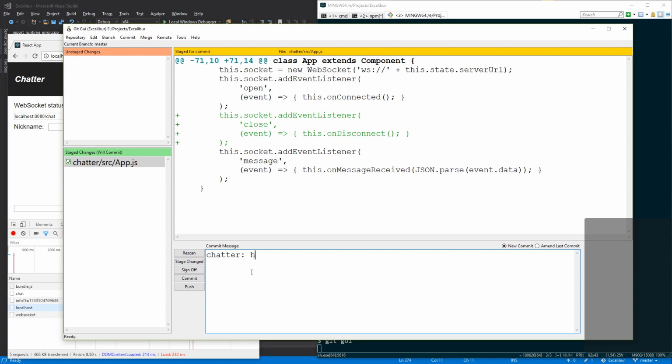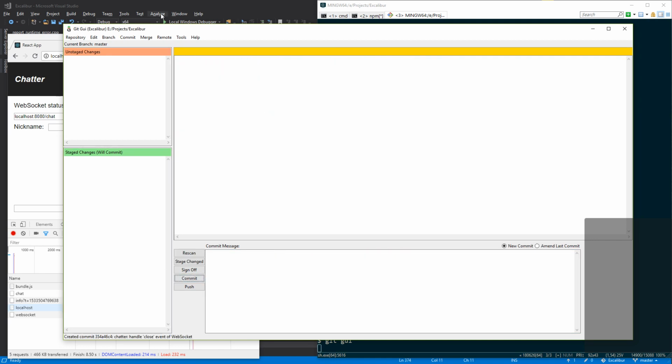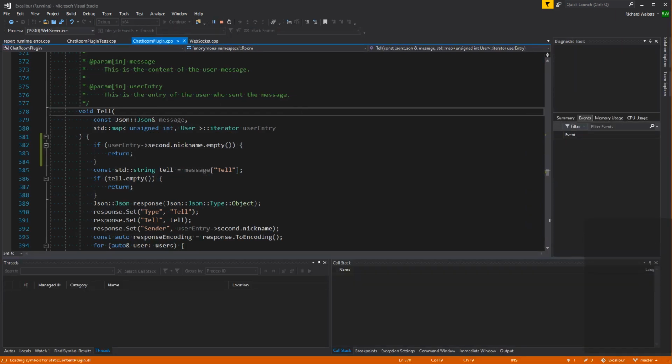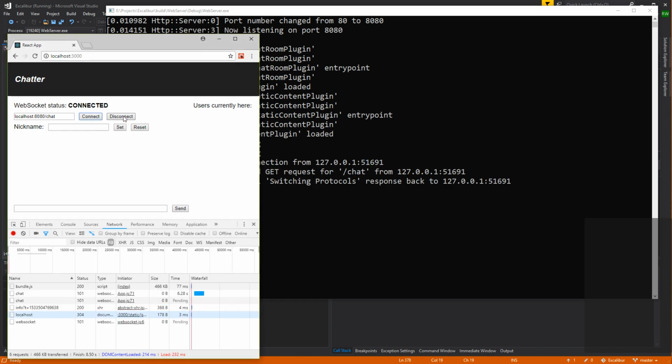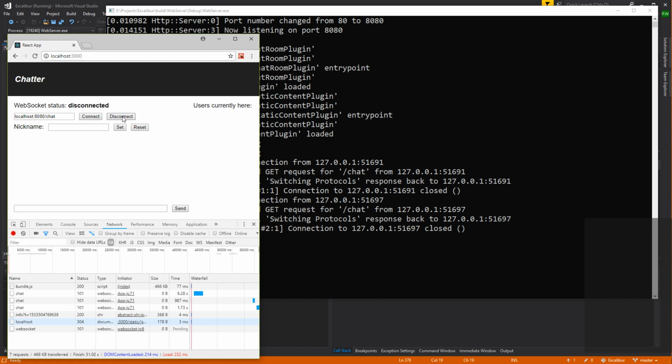Chatter: handle close event of WebSocket. Actually, what happens if we close ourselves? It'll call onclose and then we'll probably close again, but it should do nothing, right? Let's see, connect, disconnect. Yeah. That's fine, I guess.